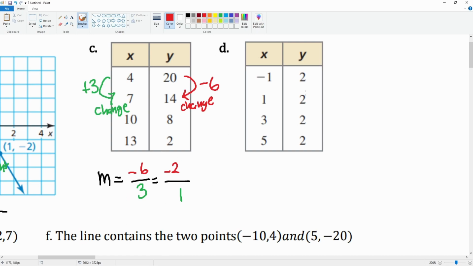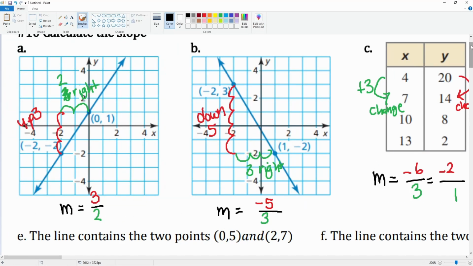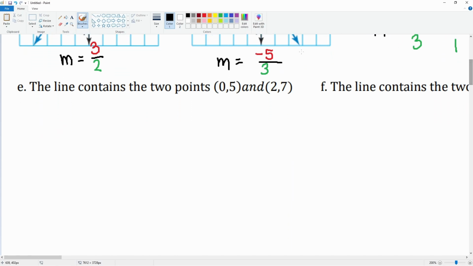Let's do the next one. This arrow means change, so this is +0. From 2 to 2 it's +0, and then from -1 to 1, that is a +2. So here we write M is equal to +0, and then a +2 here. Okay, 0 divided by 2 is just 0, so that's the slope here. All right. Okay, so here you can use the arrows for the change. Here we draw it, and we can use the change here. So for the points now,